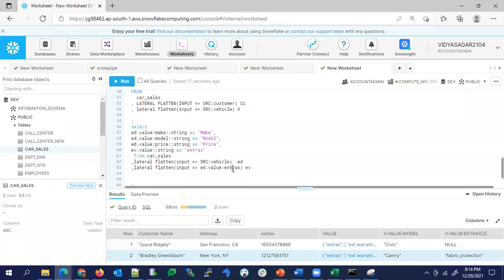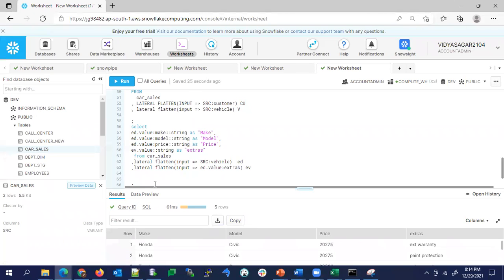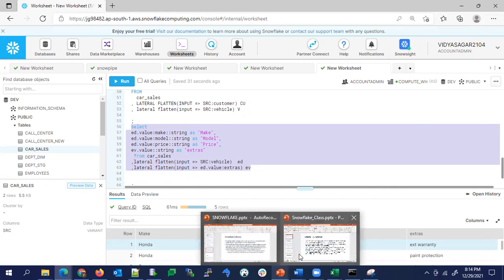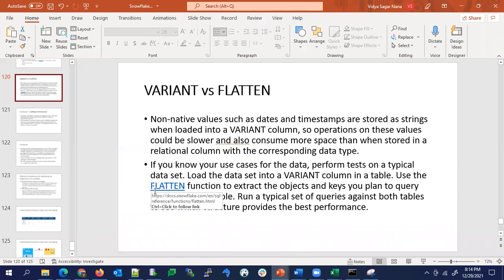Similarly, we can read the extras values using the same example, by converting it. Like this, we have to read our JSON file. Snowflake recommends using the flatten function for reading and converting the JSON file. If you use the flatten function, the conversion will be easy.